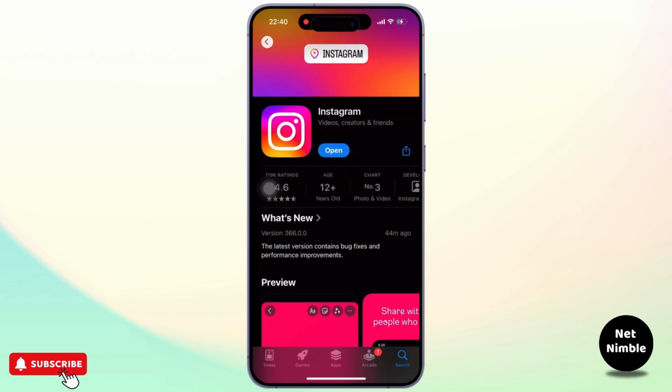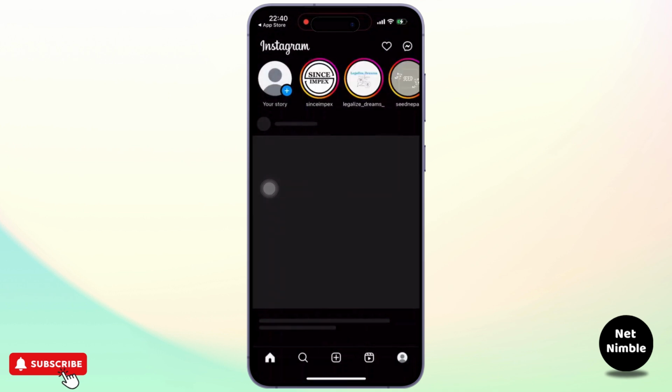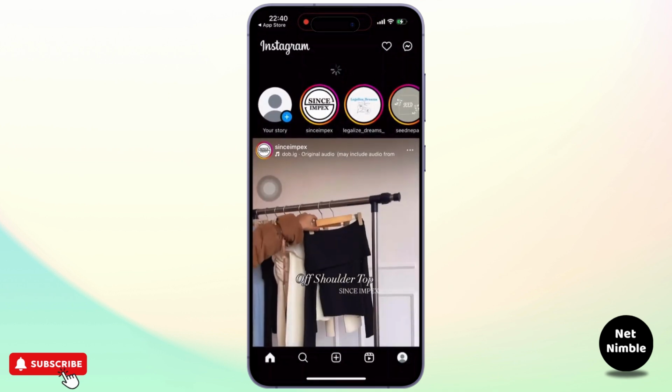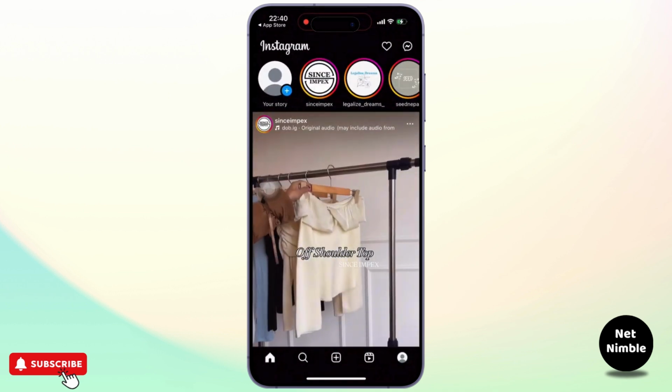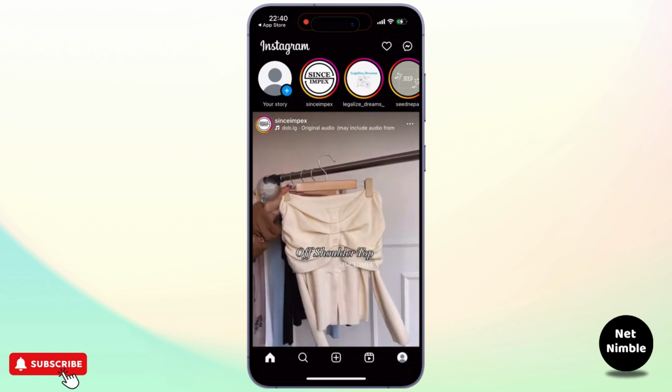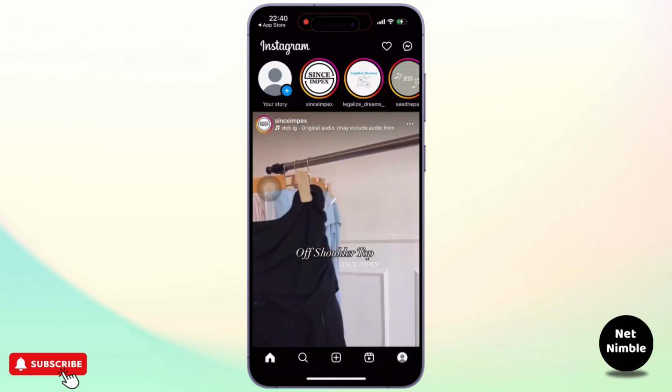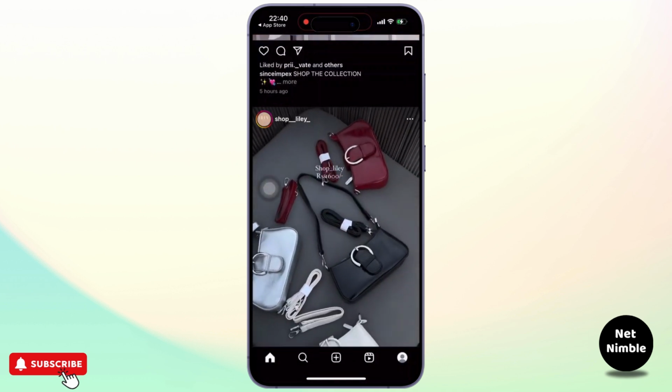First of all, open the Instagram app on your mobile device and make sure you are logged into your Instagram account. Once logged in, simply find a post you want to repost. Scroll down or tap on the search address bar and search for any account or video or photo you